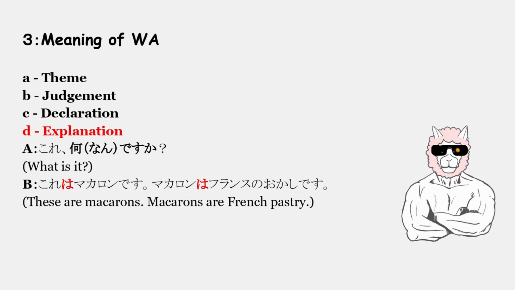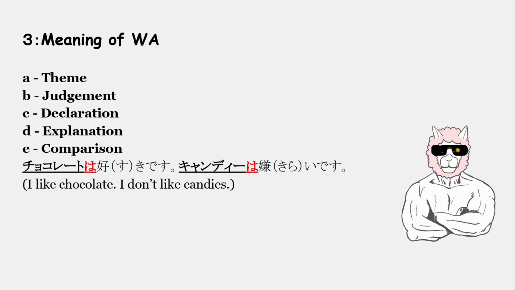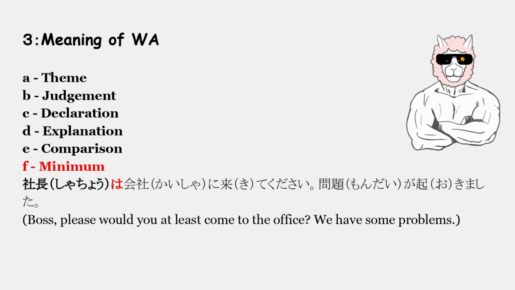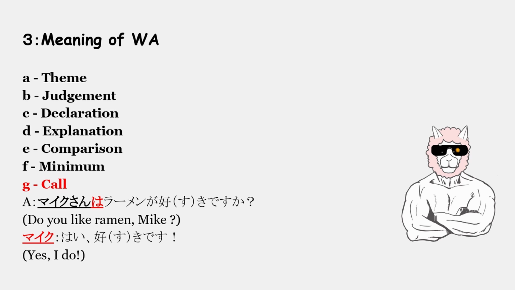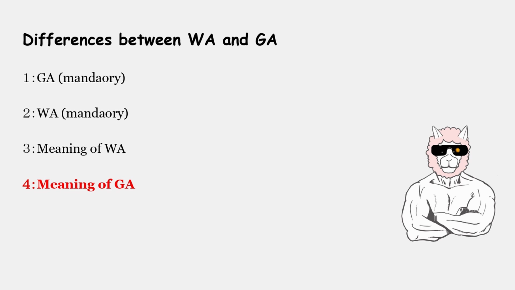And then the explanation like これ何ですか?これはマカロンです。マカロンはフランスのお菓子です。And then comparison like チョコレートは好きです。キャンディーは嫌いです。Then the minimum like 社長は会社に来てください。問題が起きました。And finally the call like マイクさんはラーメンが好きですか?はい、好きです。